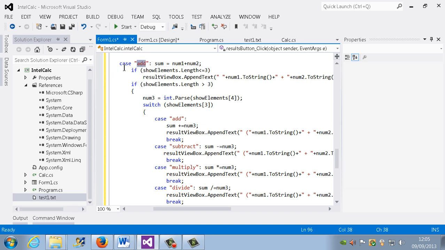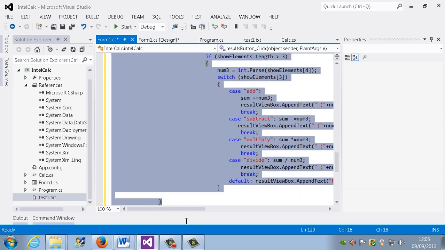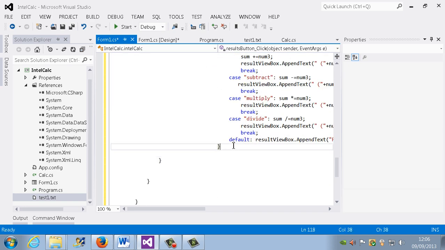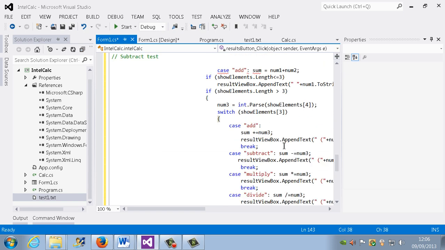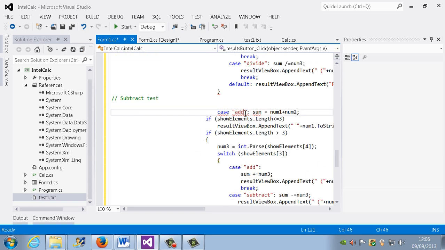So we need to copy all this and make it for a subtract this time. So I'm going to just copy that. I'll just make 2 spaces and maybe make a comment here and say subtract test, and do this now. And then what I'm going to do, it's not going to be called add, this one's going to be called subtract,